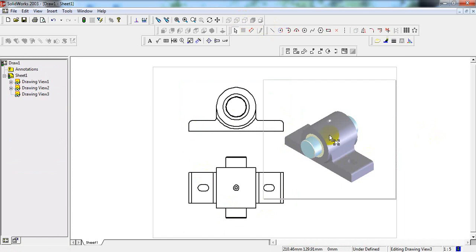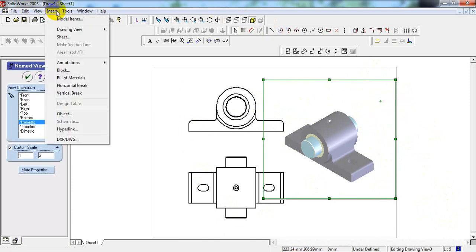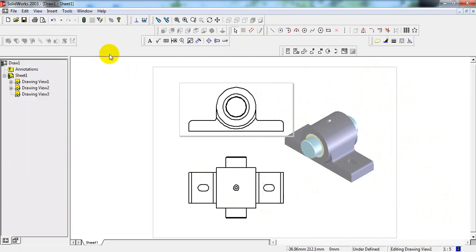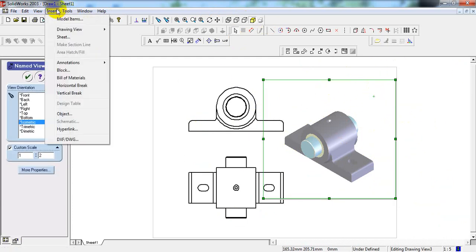Next, for this we need a bill of materials. Okay, click on this isometric view, insert bill of materials.